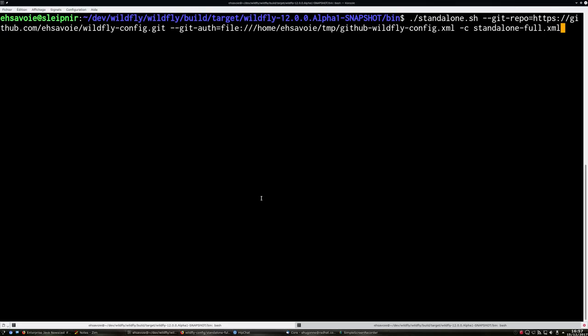Okay, so I'm going to show you my proof of concept on how to use a remote Git repository with WildFly to manage the server configuration. And by configuration, it's a broad term because it's not only the configuration files, but also managed content. Currently, this supposes that we still follow the default layout in terms of folders because we need to put